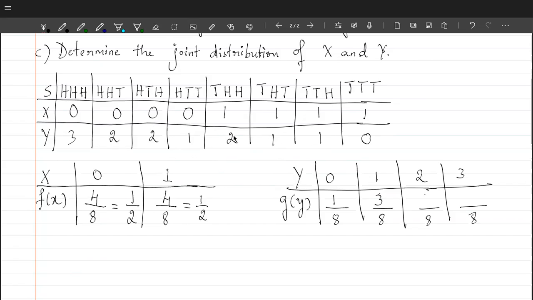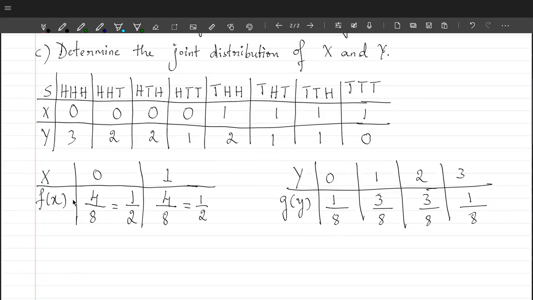So again this is also equal to 3. Then for the last case, that is when y takes the value 3, only one case is possible, that is the first case. So probability is 1 by 8. Let's see the total. 1 plus 3, 4, 4 plus 3, 7, 7 plus 1, 8, 8 divided by 8. So total probability is equal to 1 even in this case.